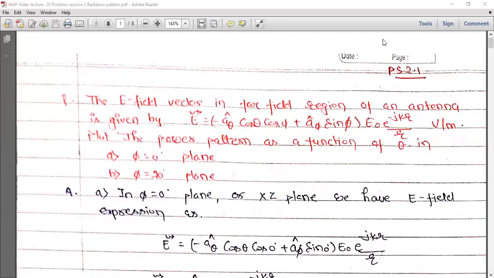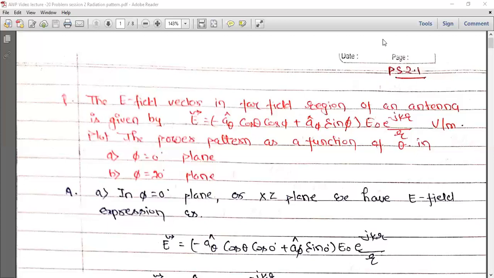These are some of the things. The term e to the power minus j k r upon r is responsible for the retardation. That means this term produces the delay between excitation at the source and its effect at the observation point. If the source is producing some variation, this variation takes some time, based on this e to the power minus j k r upon r term, to reach the point of observation, point P, suppose. Okay, so this is the first thing to understand from here.